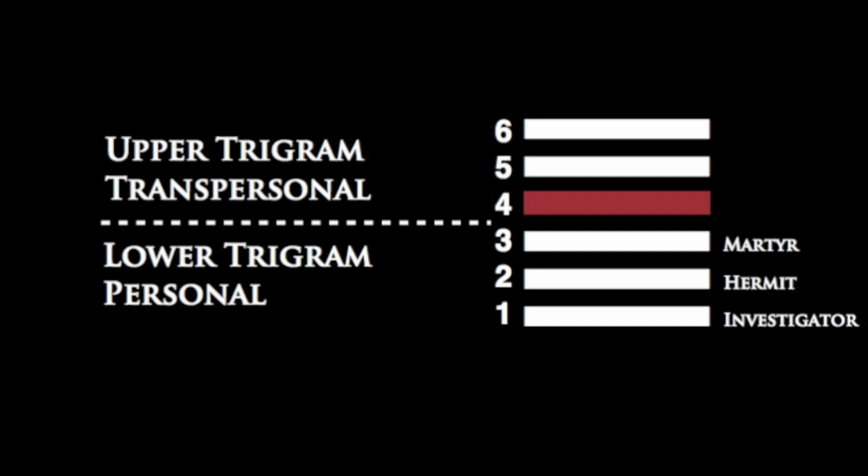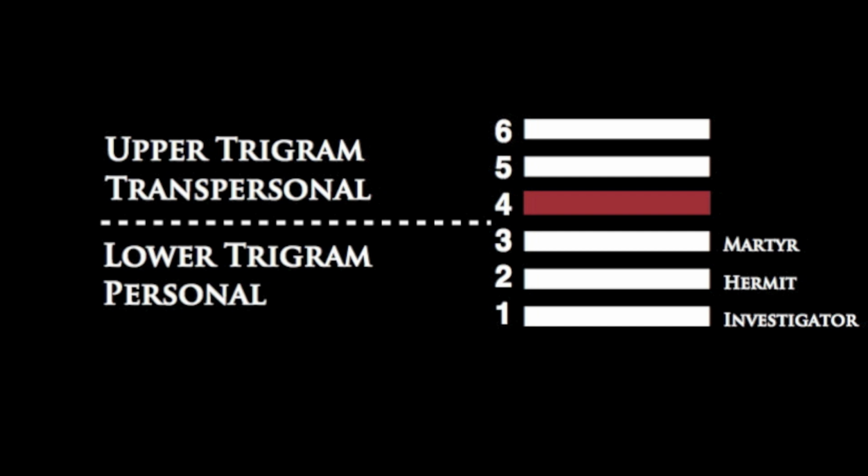but it's very good with people. It's kind of an interesting thing with the fourth line, that the fact that it's in the upper trigram now, it's not just bumping into people and having a bumpy ride with all that stuff that the third line is doing. It rests upon certain discoveries, and it is a networking machine.